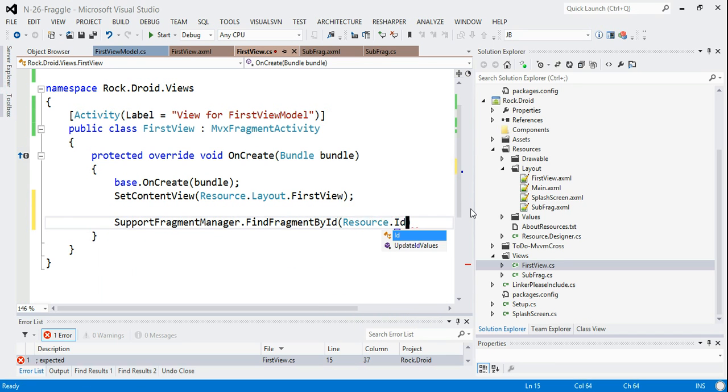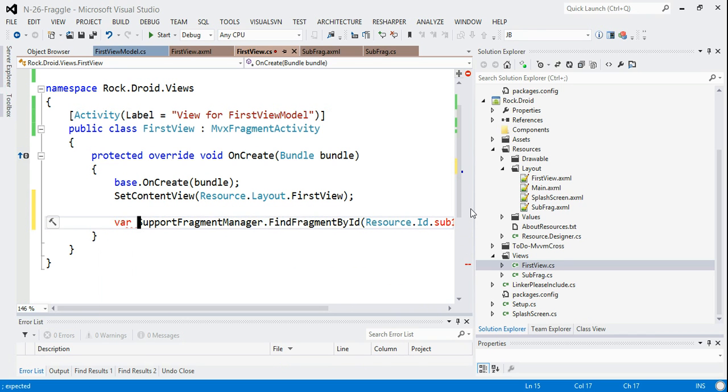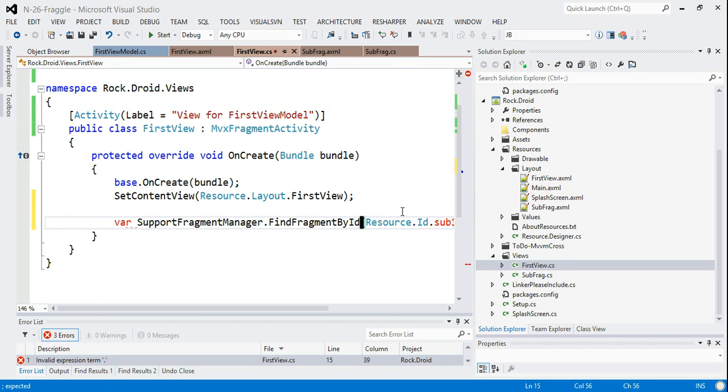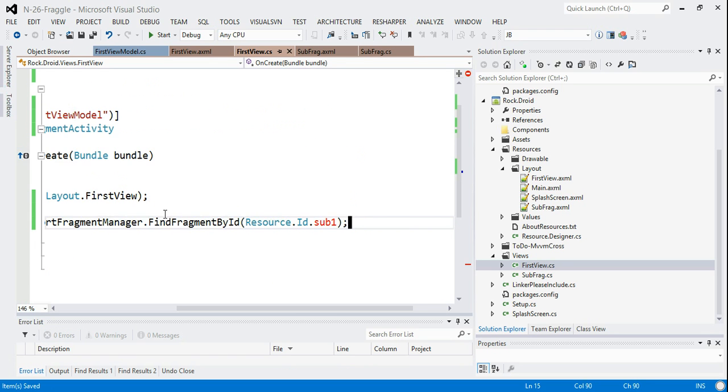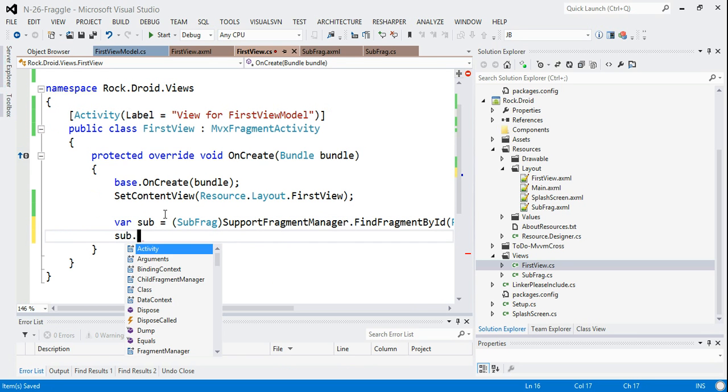So this is resource.id, I think we gave it an ID of sub1. That will return you a type. Even though we haven't used a generic form of this, you might have expected generics here, you don't get that. This will return a typed fragment, so this is going to be a sub equals subfrag. And then all we need to do once we've got hold of this subfrag is set its